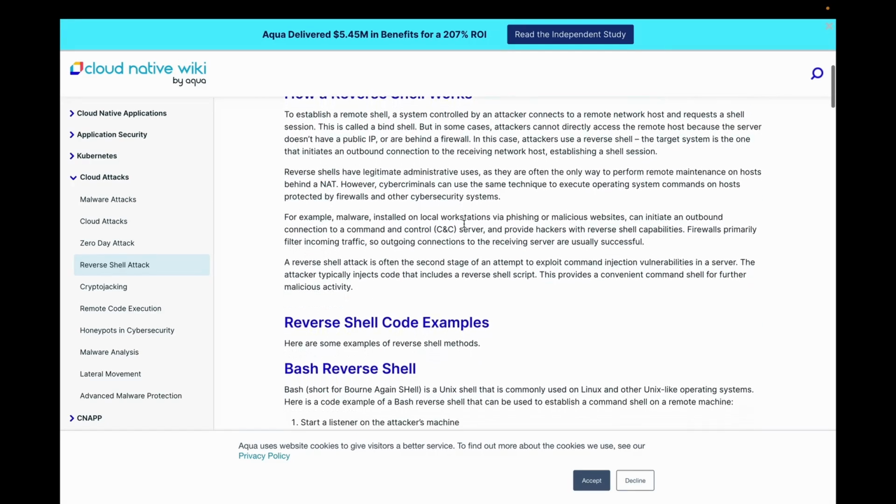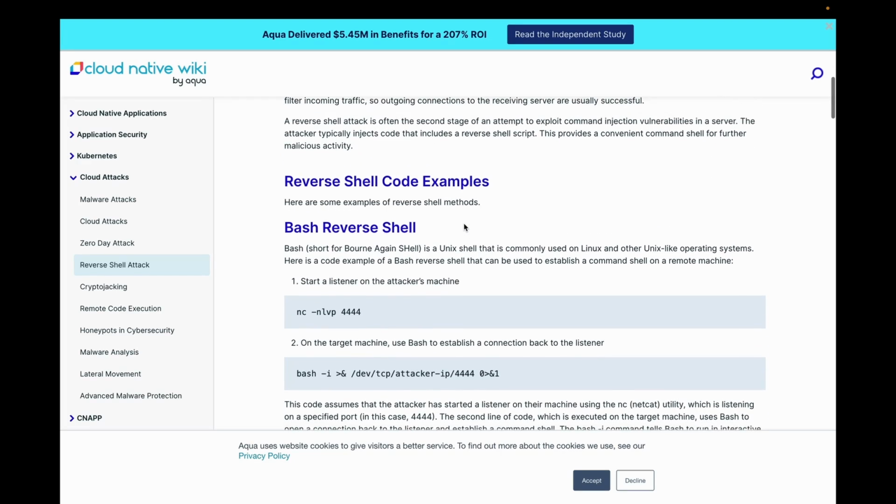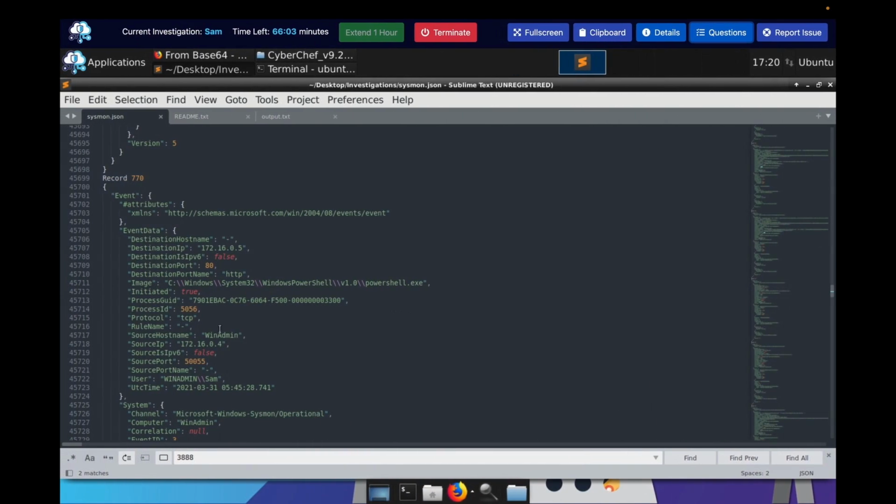I'll leave this to the pen testers, right? But we can tell it's a reverse shell, because if you go back here, we have the source IP, which correlates to user SAM. We have the source IP, but then you have PowerShell being used for a network connection, which is kind of strange. It's not normal, right? Who uses PowerShell to redirect traffic or connect to traffic? So we know something strange is going on, and you can see it goes back to this IP